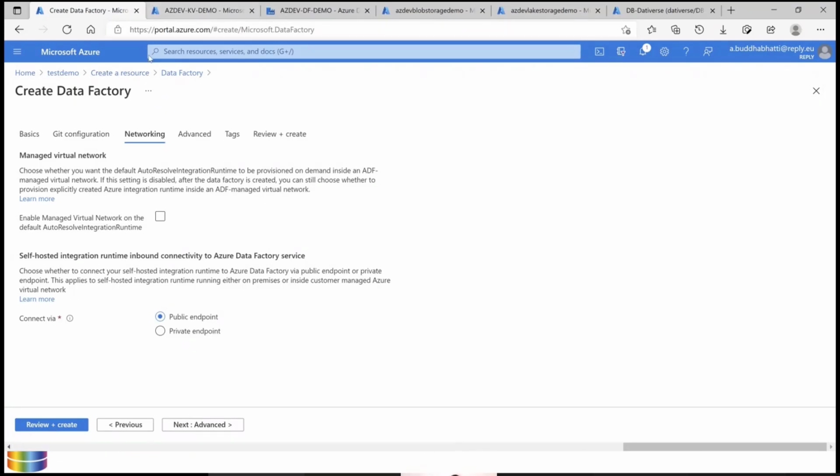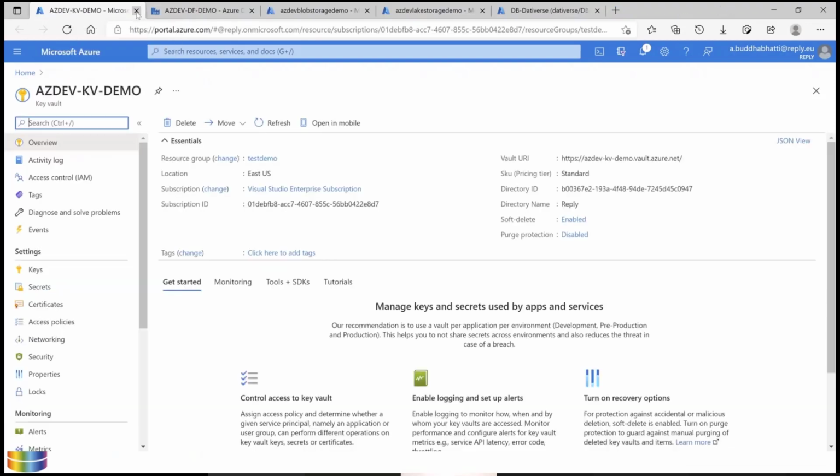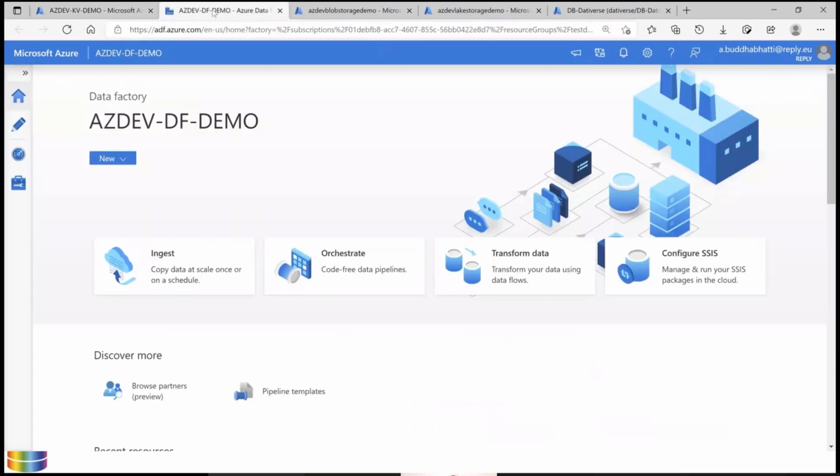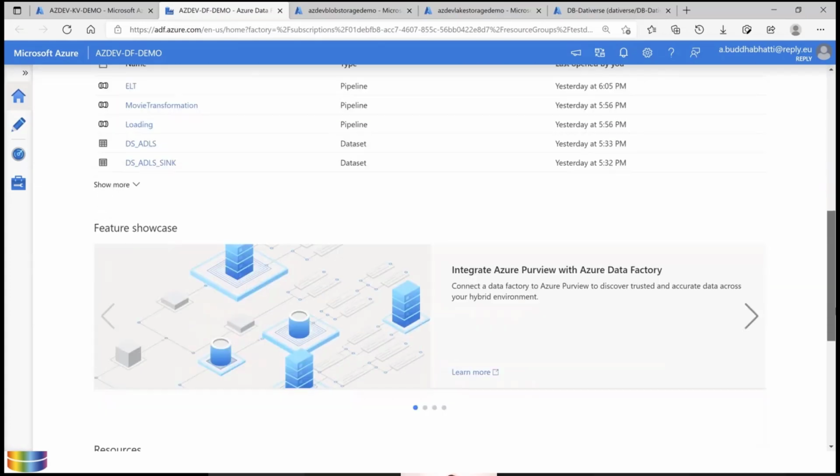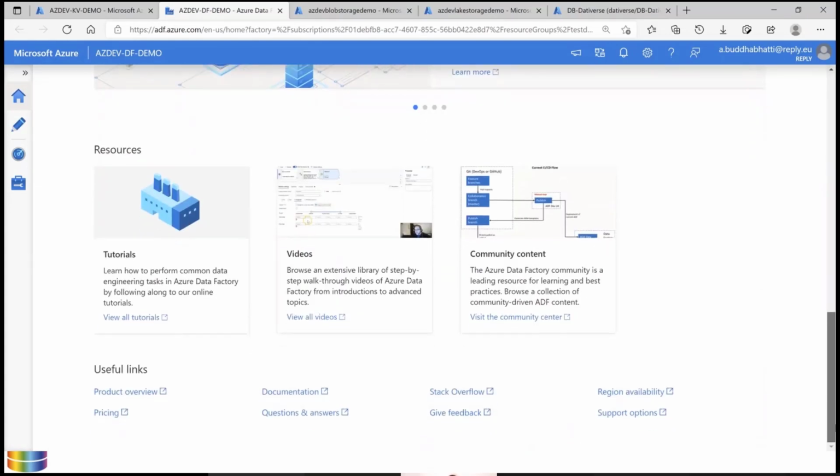I have already created one, so I don't need this at the moment. So let me close that. Here you can see the existing Azure Data Factory which I have already created. So this is my Azure Data Factory, and you can use any of these main services. You can also see existing videos or tutorials here, which help to guide you on how to do it, or you can use them according to your scenarios from here.